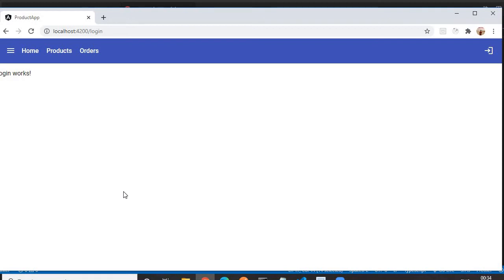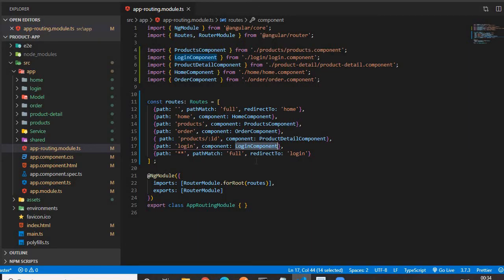So in this way we can configure the routing for the anonymous path or for the wrong path. If the user by mistake enters a wrong URL, then the user will land on the login page. Or what we can do is create one more component called page not found component, and when the path is anonymous, then we can redirect to the page not found component. That way also we can do it. Okay, you can try with that. So in this way we have to declare the paths in the app-routing.module.ts file.